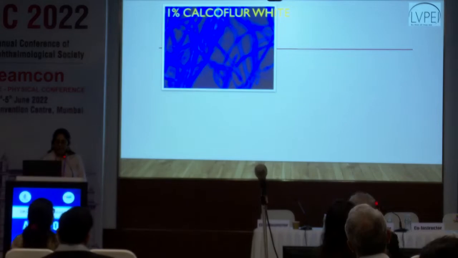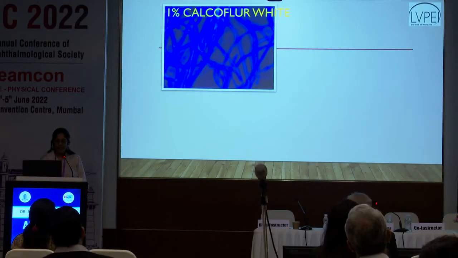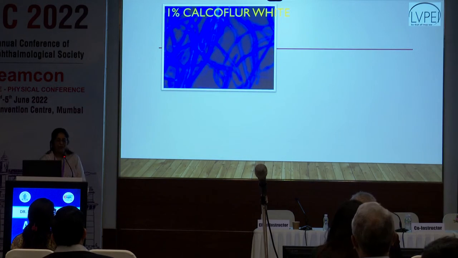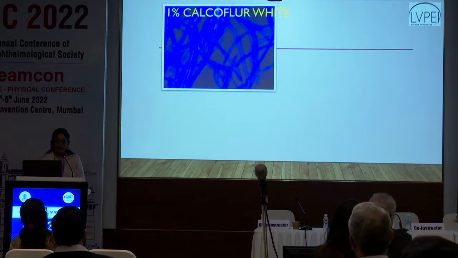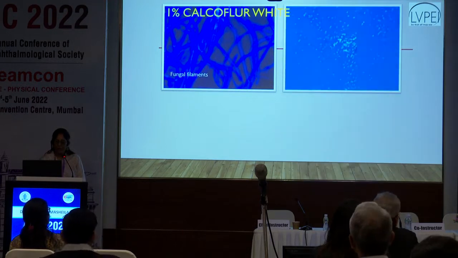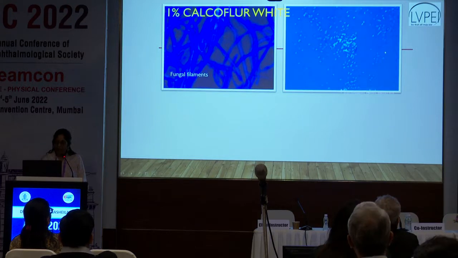So the 1% calcofluor white is a specialized way in which you never miss. You almost 95% or even 99% of the times, or our microbiologists can pick it up because it just fluoresces in there, and fungus will not be missed out. Also, it will highlight microsporidia. In a previous slide where you apply KOH and then 1% calcofluor white, and then you use a fluorescein microscope, everything will just light up like this. So you can't miss microsporidia using that system.